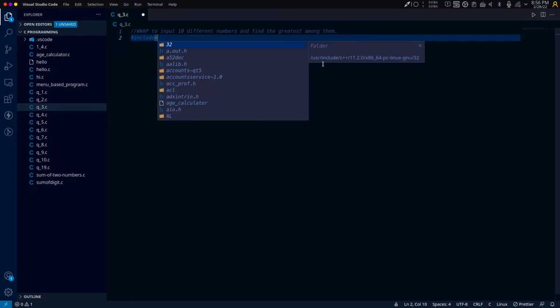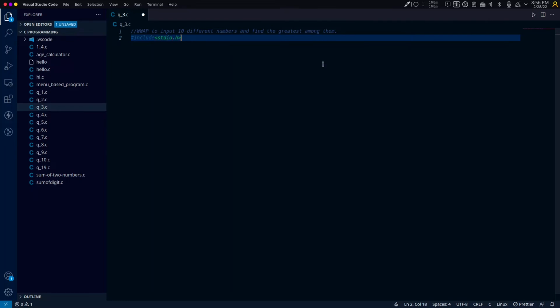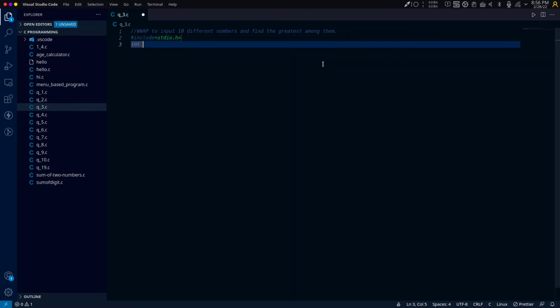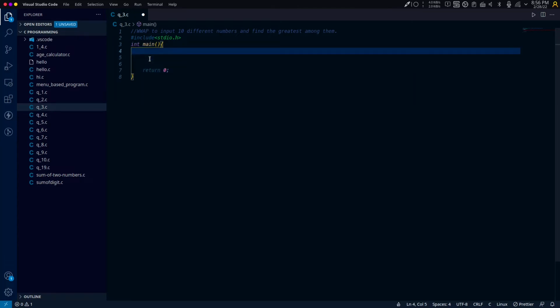include stdio.h, and then we'll declare a main function, and then here what we'll do is return 0. So first of all we are using here array, so let me define an array of length 10,